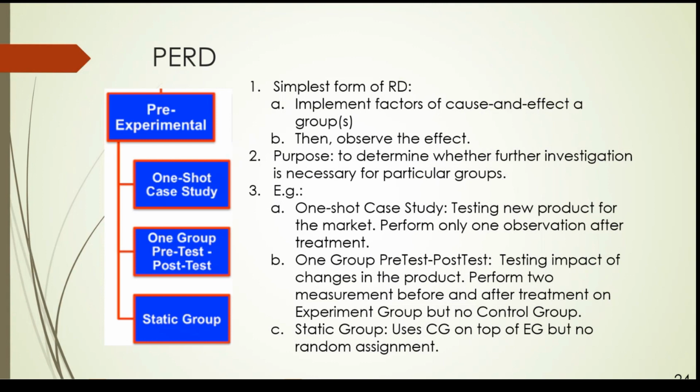Okay, so the other one is pre-experimental. So just remember we have true, we have quasi, and pre-experimental, right? Pre-experimental is for testing the environment. It is to explore before we decide to go deeper into the research. We want to see whether it's worthwhile to pursue this investigation or not. Yeah. So we can do a survey. Survey is one example of a pre-experimental study, a preliminary study. Yeah, you can do one simple case study, or you can do pre-test, post-test, or you can